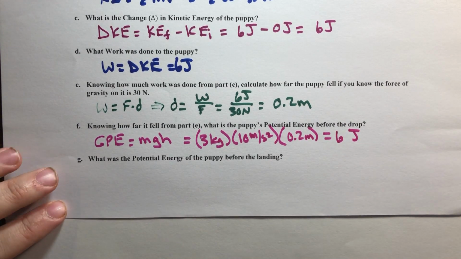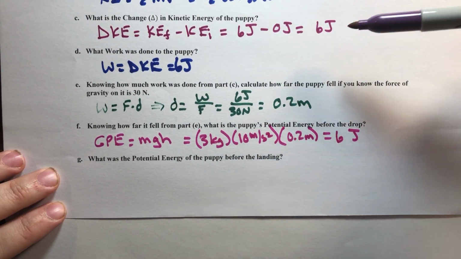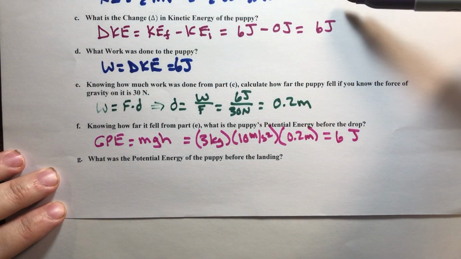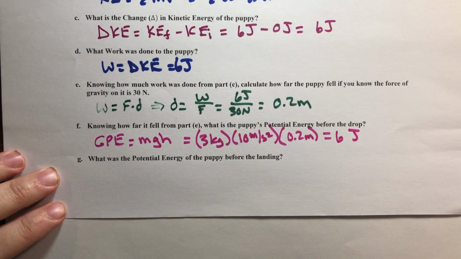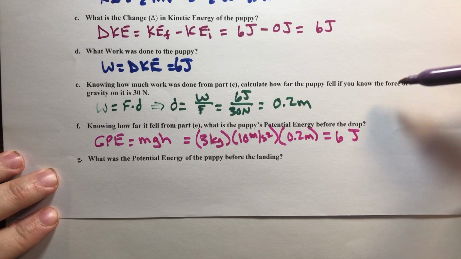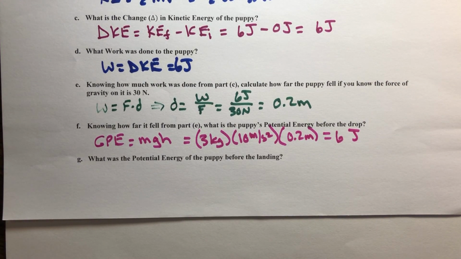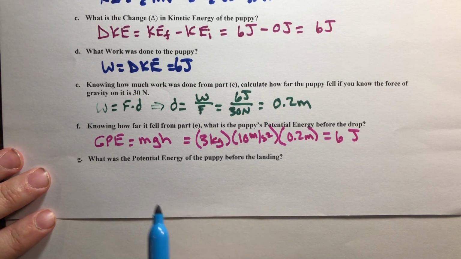Now, does that make sense to you? It should, considering all the kinetic energy that was gained had to start somewhere, started as potential at the very top. So it started as potential, as it fell, sort of switched out, and at the very bottom became all kinetic energy. So that was before it dropped, and at the very end, right before it's landing, well, we use the